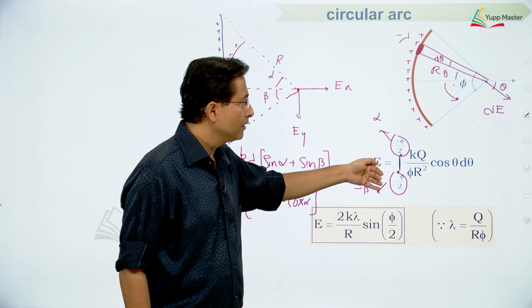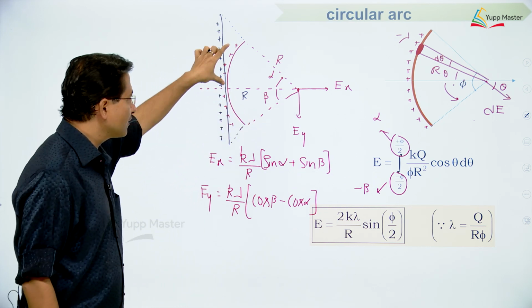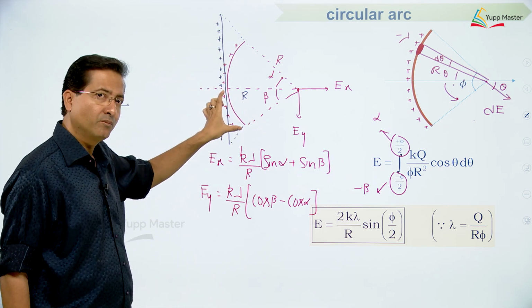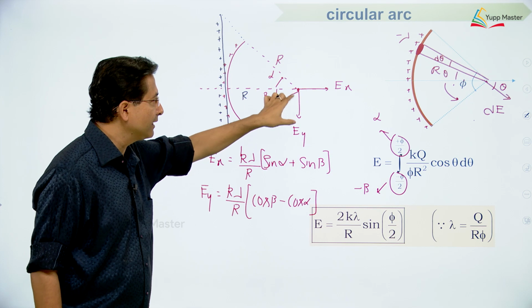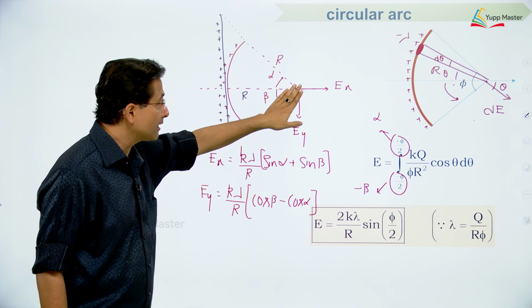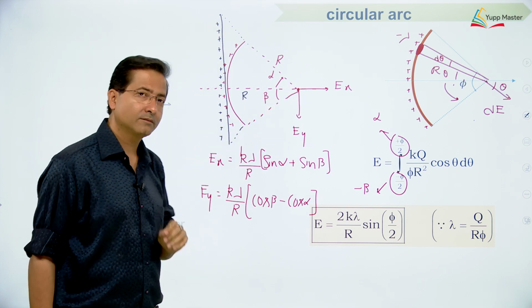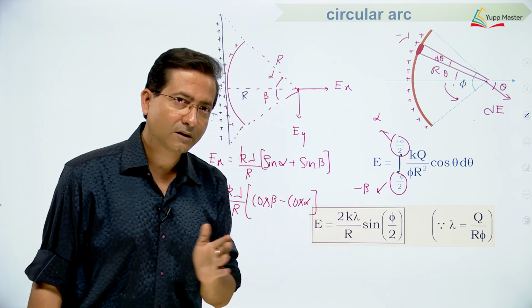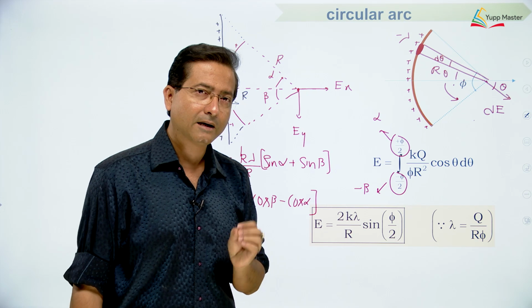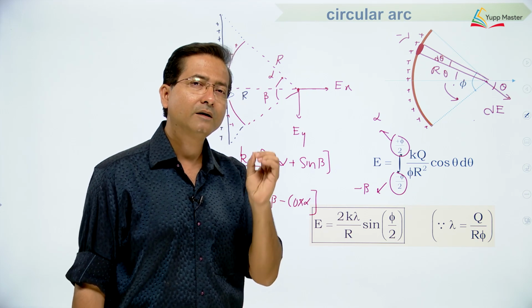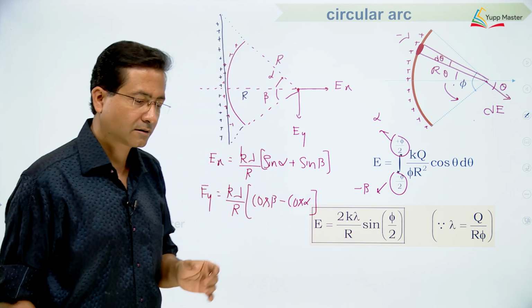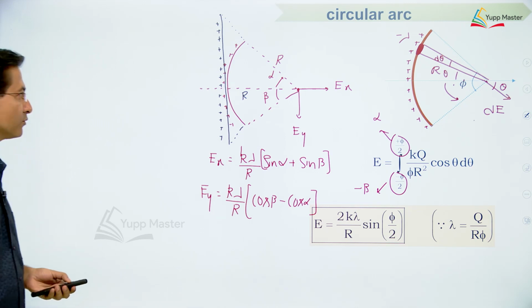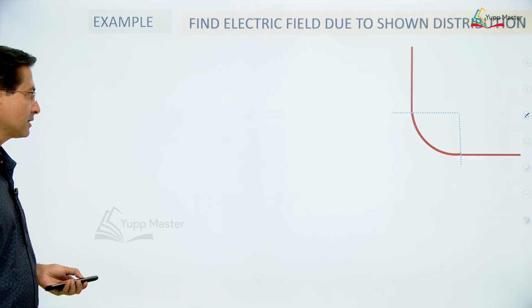If I take different parts on both sides and try to find out the field here and here, the formula comes the same as what we have done for a straight wire, right. So, if you keep all these in mind, remembering the formula will be a very easy task. Now, let us move to the next slide.